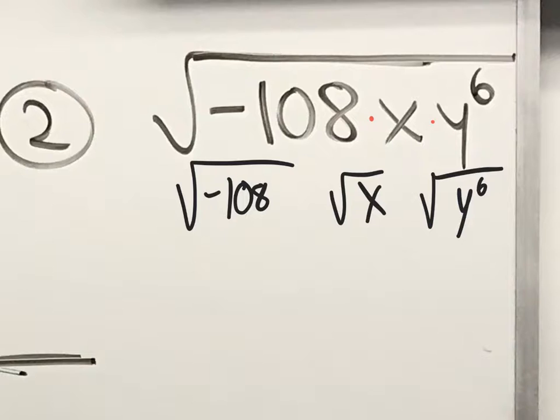108 is not a perfect square number, so we could break it down with multiplication to get a perfect square number. Now let's say you just don't have an idea what perfect square number to use. If you try dividing this by 2, you could use a factor tree. But I know that